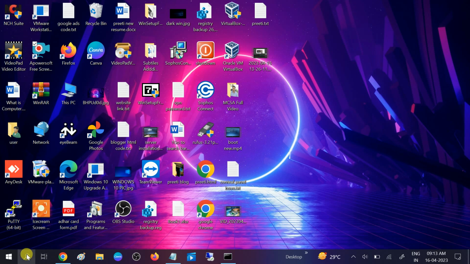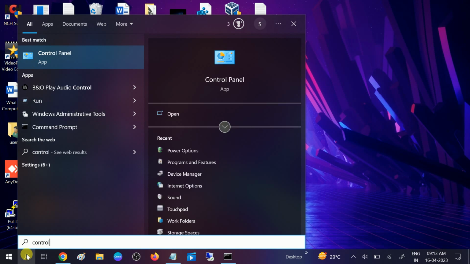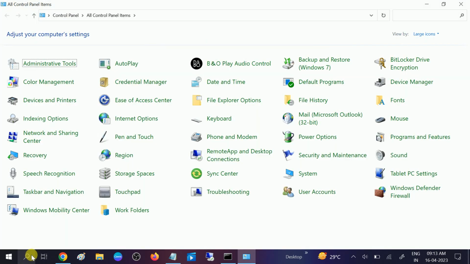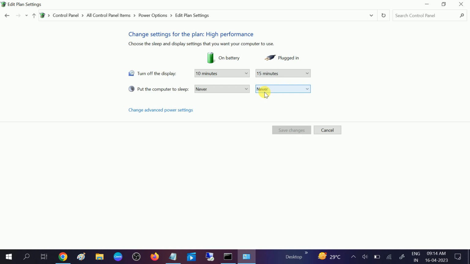Open control panel first. And you need to select here the large icons. And after that, go to power options. Okay, you should be getting this option, balanced recommended, but you need to choose this option, high performance. Okay, just switch the power plan like this, high performance, then go to change plan settings and click on this option, change advanced power settings,